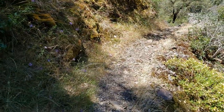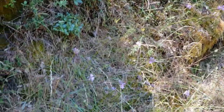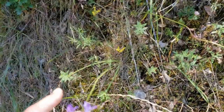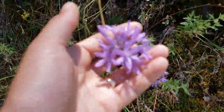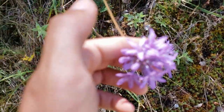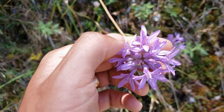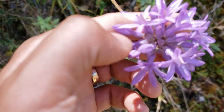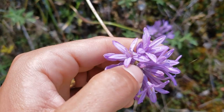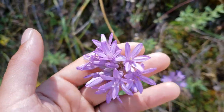Well, let's see what else we have. Here is an opening of Uco, so another bulb plant. See that really long scape right there? It's going into a bulb under the ground. When you're looking at these Ucos, you have to examine the flowers pretty closely. What you're looking for is this piece right here in the center of the flower, these little erect tips. Those are called staminodes. You want to see if they have a fork in them or if they are rounded. And this one is rounded, so this makes this a Dichelostemma multiflorum,